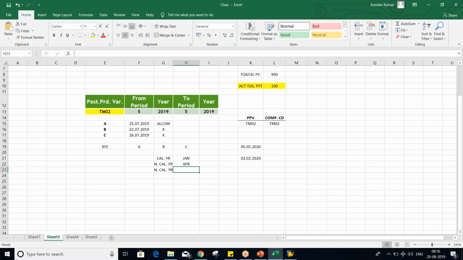It means September 2018 is over, and October will be treated as the new year. So October 2018,